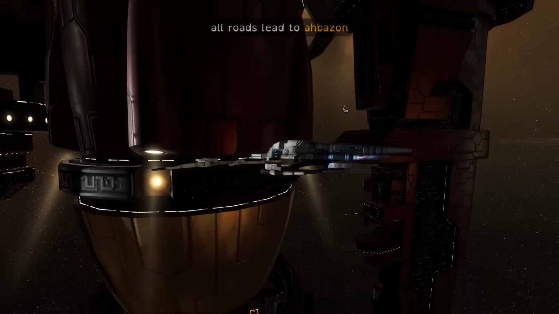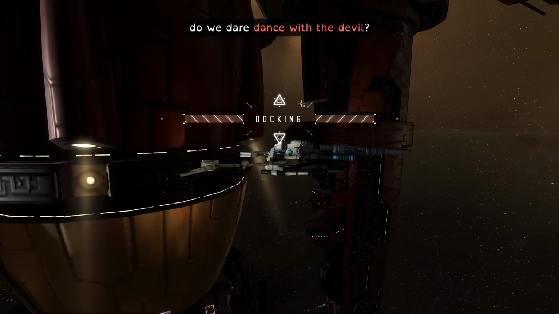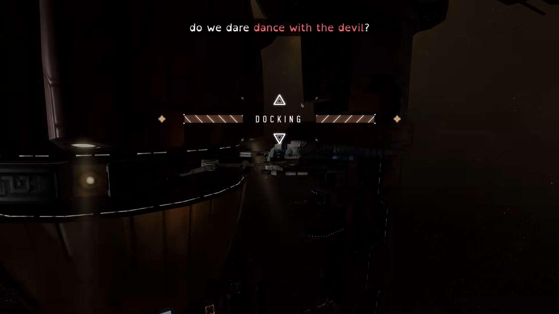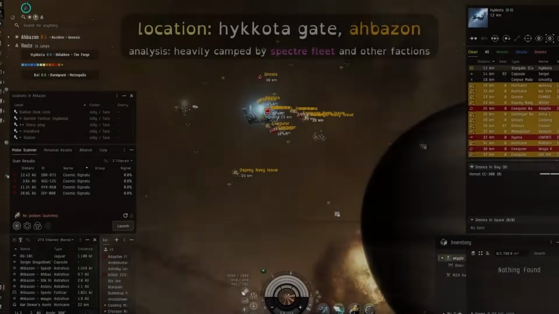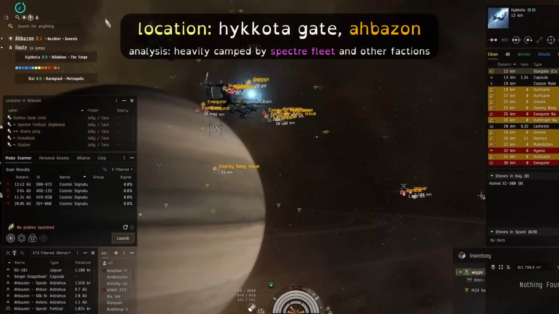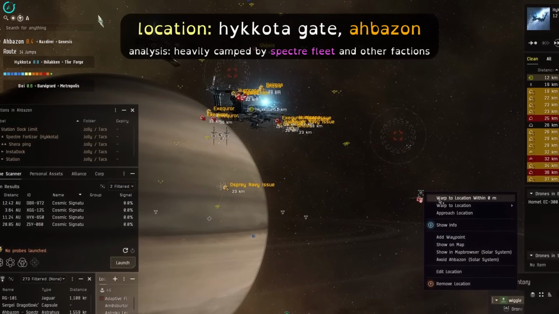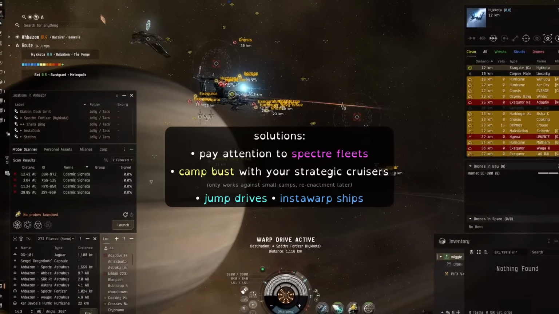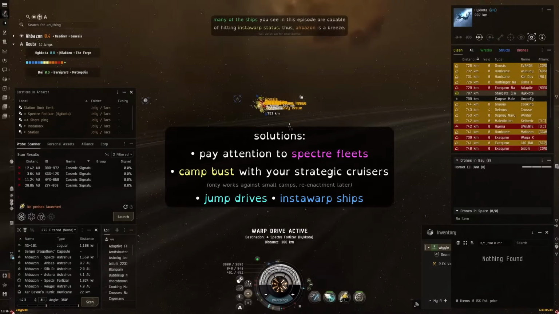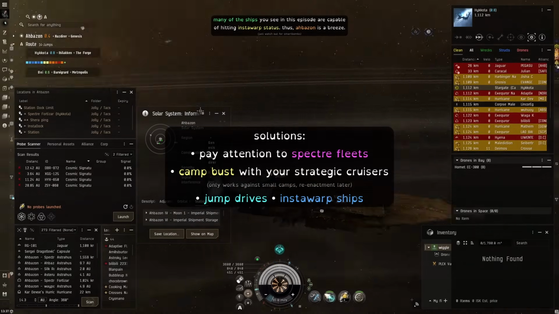The only really dangerous part of Abazin is the idea that getting inside of it can be troublesome with camps. But I insist that there are numerous methods available that allow for safe passage into and through Abazin. A quick list of these methods: live eyes, camp busting, you have Waidama Scout, you have the lore backdoor, you have jump drives, and you have insta-warp ships. And really that last bullet point is a huge one, and it's what caused me to include this segment in this episode, is that with small ships that are insta-warp,